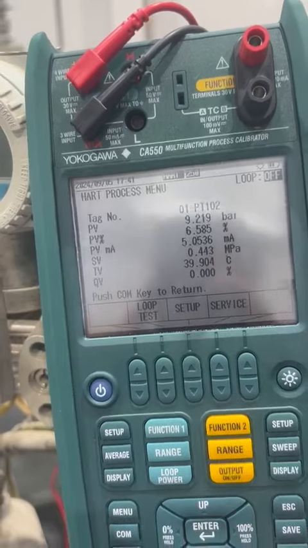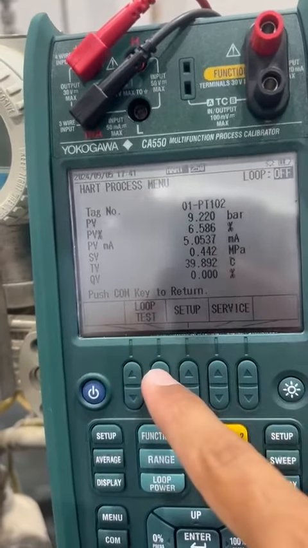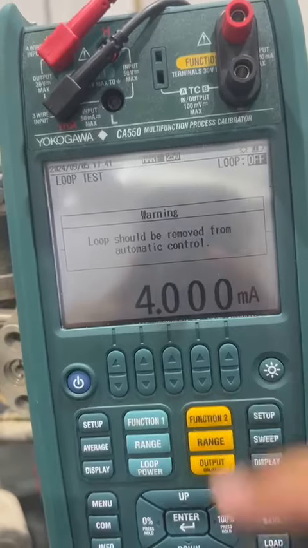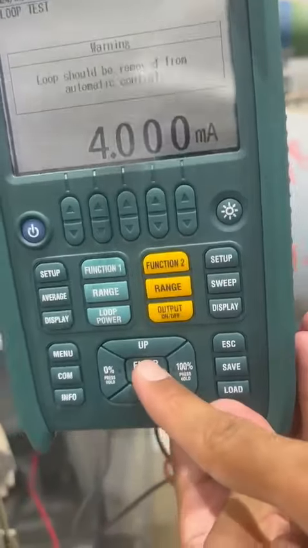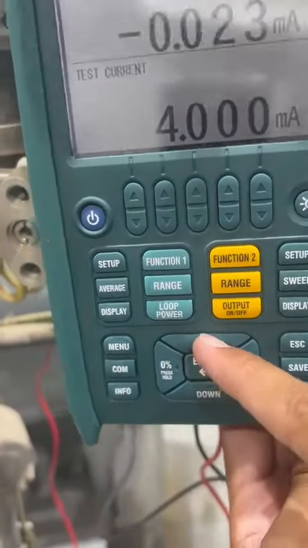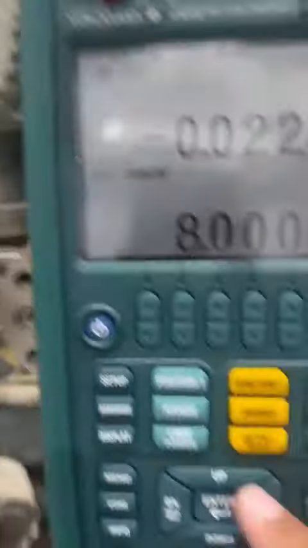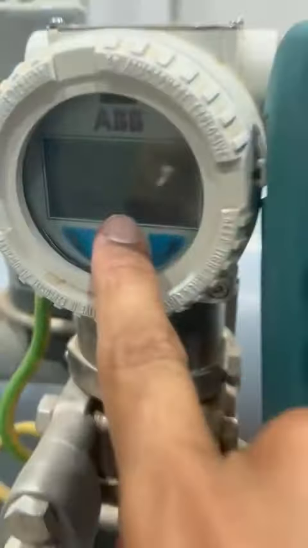Focus. You are going to loop test, you will select loop test here. Click on this one. Okay, then select enter. Now you see there is the black bar available. Okay, if we increase, this black bar is also increased. Okay, now we will increase more. Here also it will come more.